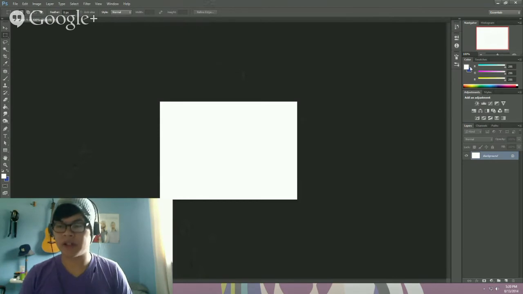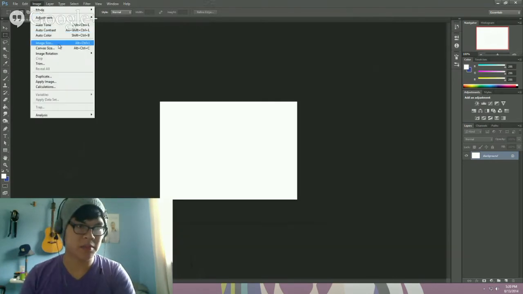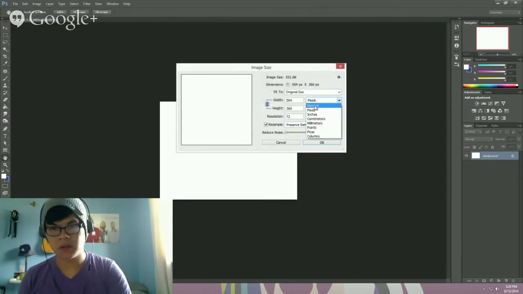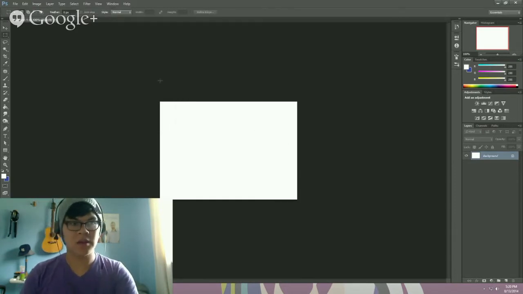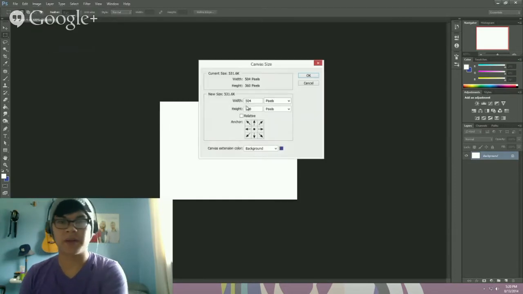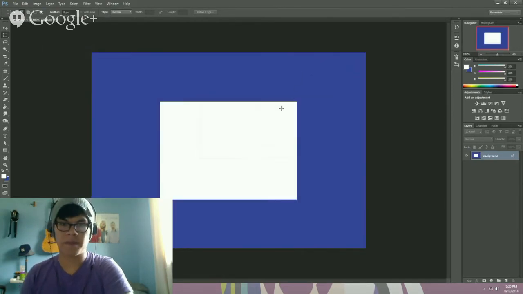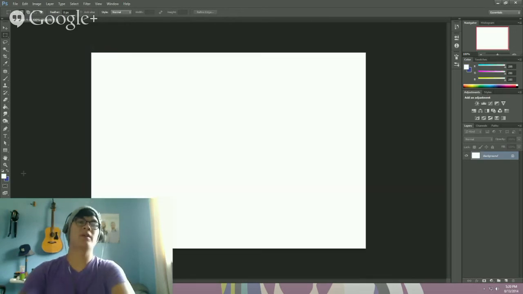So I'm just gonna, I have a default Photoshop size here. Actually, I'm just gonna scale it up by 2. So 200%, I don't care. It's all white. Wait, canvas size. That's what I want. 100, 200. Okay. No. There we go. Okay, so